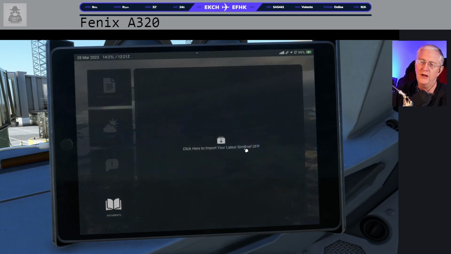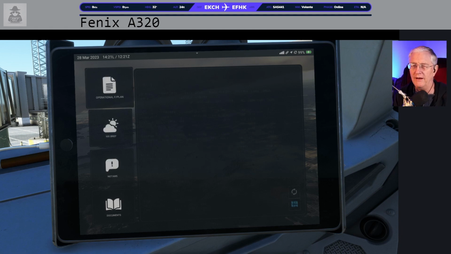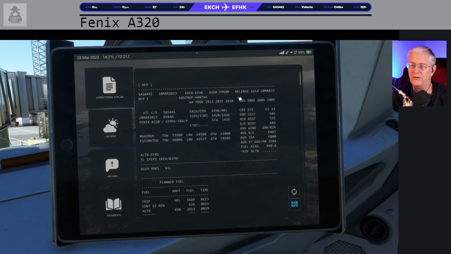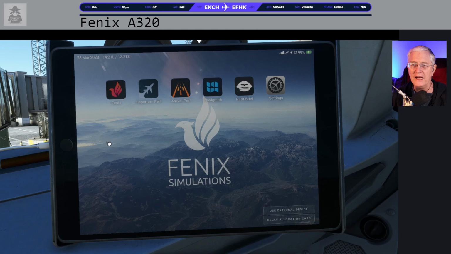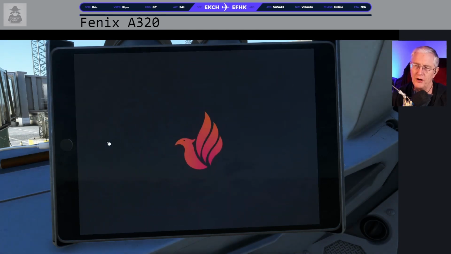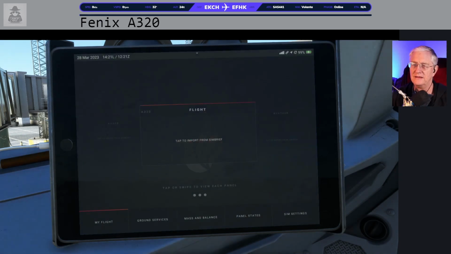And this is going to go and make a connection with SimBrief over the internet and import the SimBrief flight plan. And there it is. That's our flight plan. Let's cancel out of this, go to Fenix, and let's come on in over here and